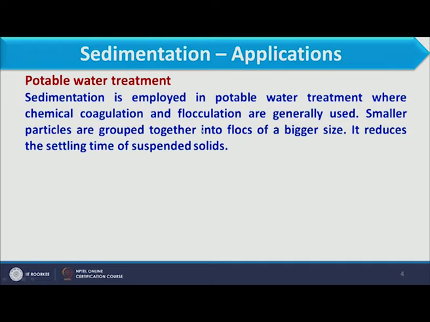Now, in this statement what we have understood is, when we are considering a smaller particle, they agglomerate or join to each other and make a flock. Instead of a small particle, we can have a particle of bigger size because many smaller particles are joined to each other. Now, why do they join? Because we add some additives for this agglomeration and flocculation process.